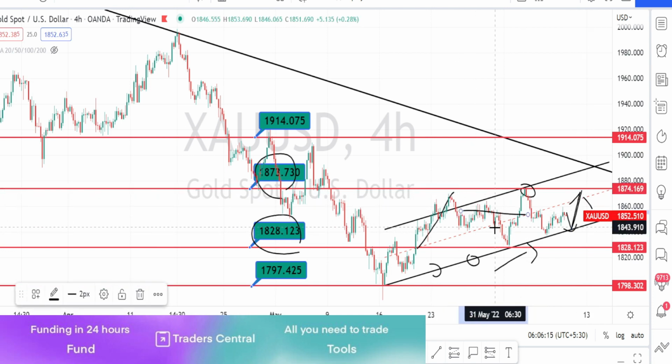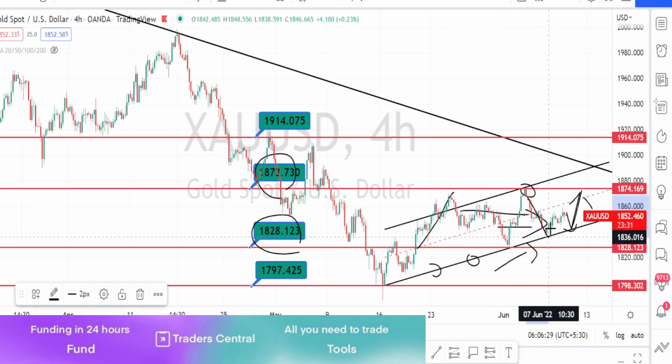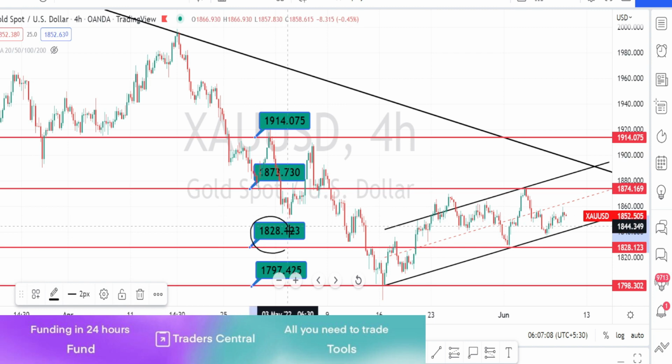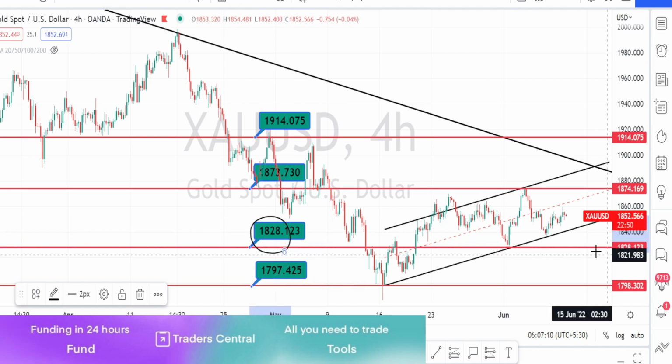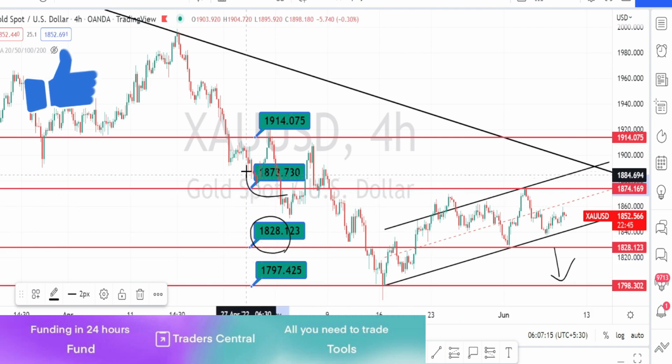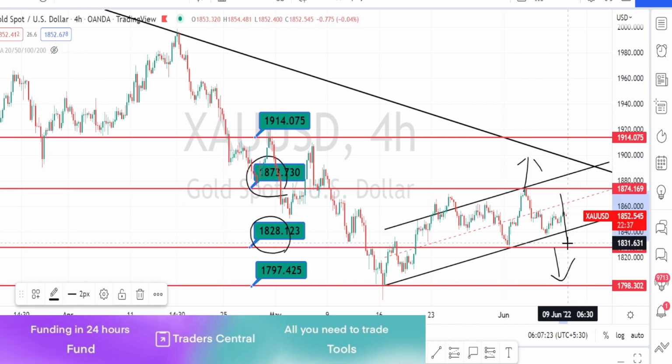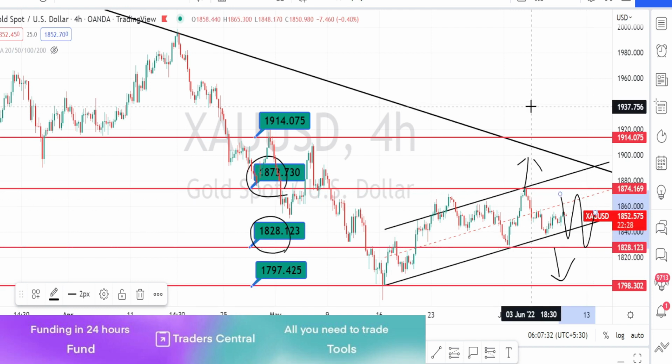So the present price action in the 4 hours time frame is also sideways, and the trading ranges are becoming narrower and narrower. I would request you to wait for the price action to break the level of 1828 to take trades on the bearish side, or to break the resistance level of 1873 to take trades on the bullish side. Otherwise, we can expect the price action to trend within this resistance and support level and move sideways. Let us do the analysis in the hourly time frame.